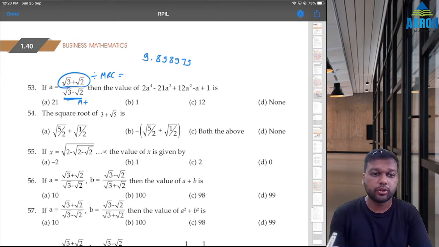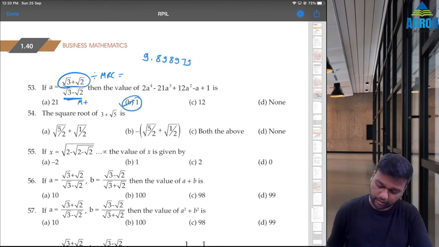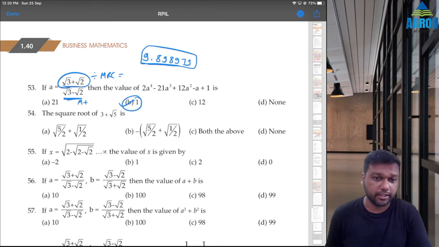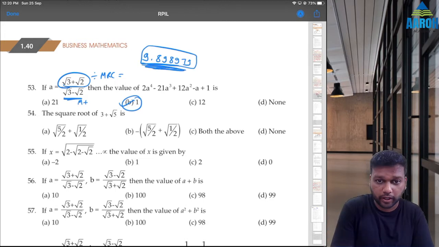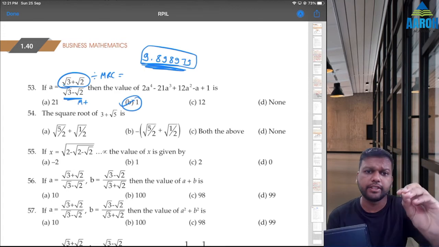Now this is actually close to 1, so 1 might be the answer. I only took 0.8989; I should have taken 0.898979, then you will get the answer as 1. You can try taking the whole thing, and you will get an answer closer to 1. If you want to verify, just take